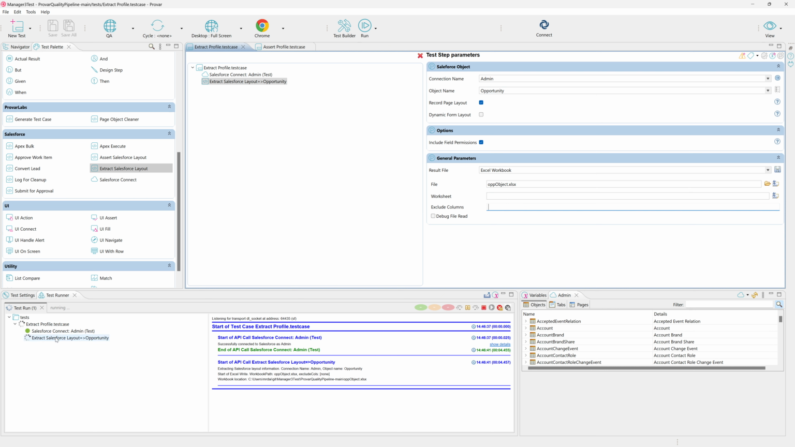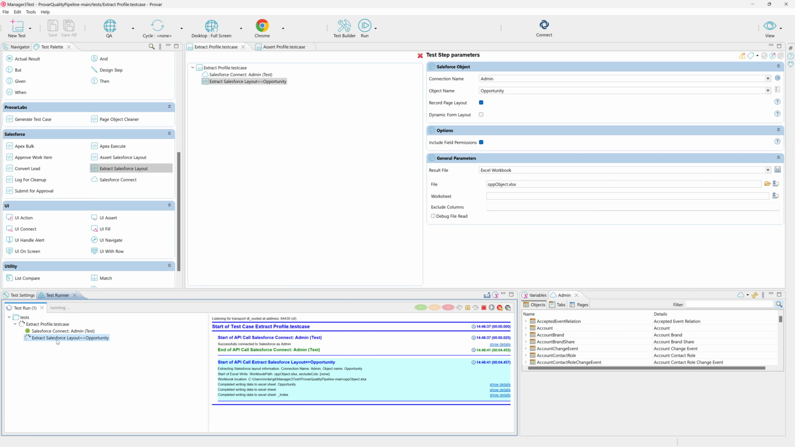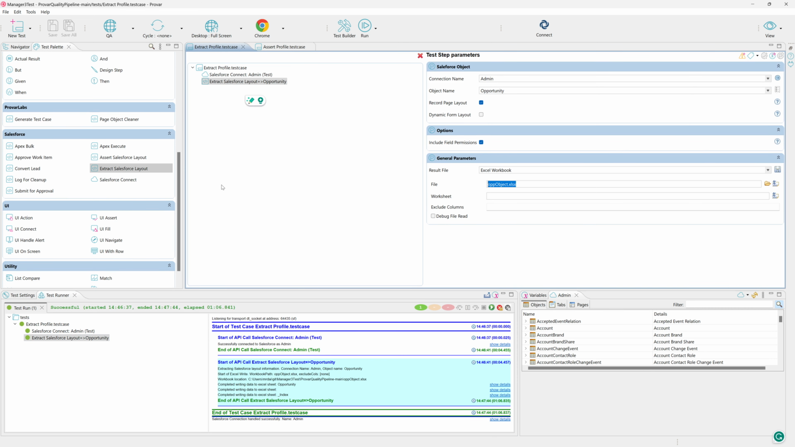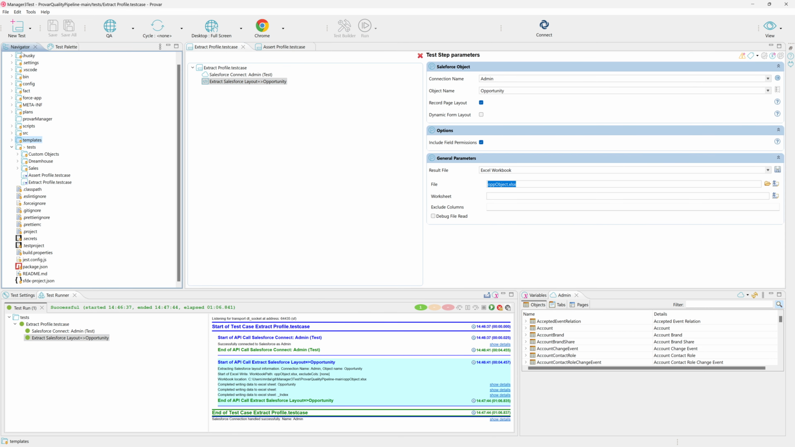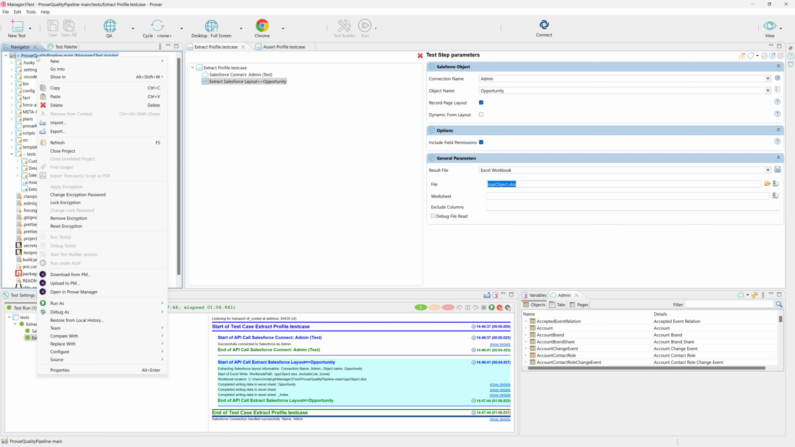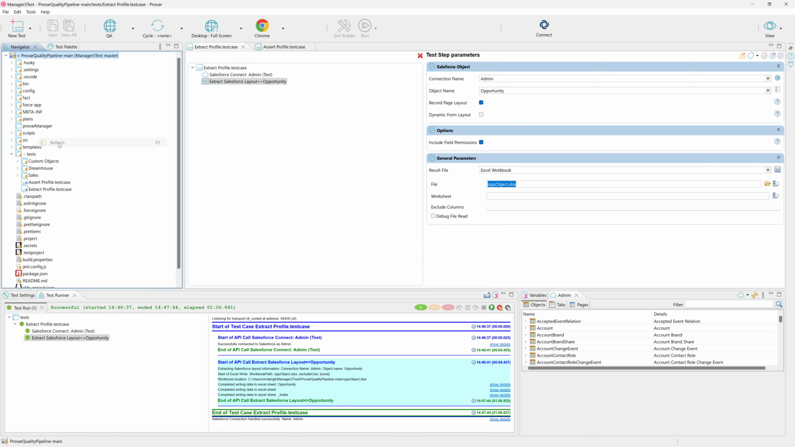This may take a minute if you have quite a few fields for your object that you're testing against. So I'll let that run for a second here. Once it's complete, because I just specified the file name here, it will put the file directly in my test project folder here. So if I right click the project and go to refresh, I'll now see that I have